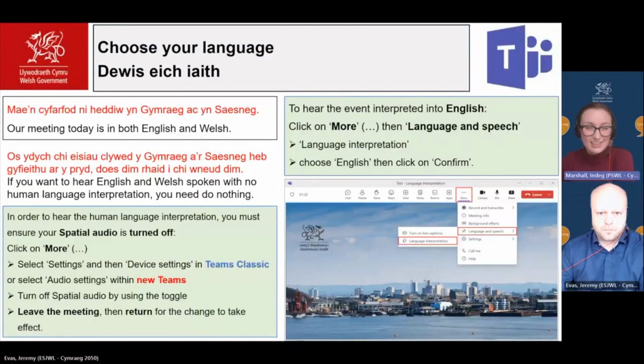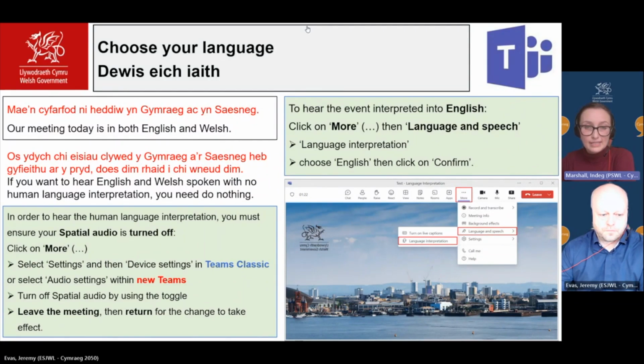One thing you'll see on this page where this video lives is some guidance. We would strongly recommend that you read the guidance, and we have some meeting attendee guidance you can send out ahead of time as well with the meeting invites. We also have a slide that you can share on screen, which Jeremy is now sharing on screen, diolch, which you can put on screen at the beginning of the meeting so that everyone who joins is aware that they can use the interpretation channel if they need it. It explains the pop-up box that they'll see on arrival and what to do with the pop-up box in order to select the channel they want to hear.